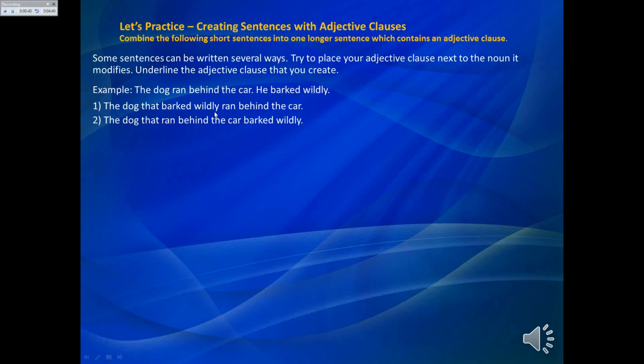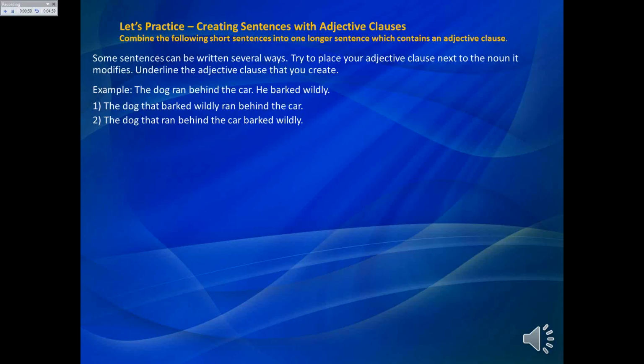If I take it out, I still have a sentence. The dog ran behind the car. Here's my adjective clause in this sentence, that ran behind the car. If I take it out, I still have a sentence. The dog barked wildly. So that's one way that you can be sure that you're looking at an adjective clause,